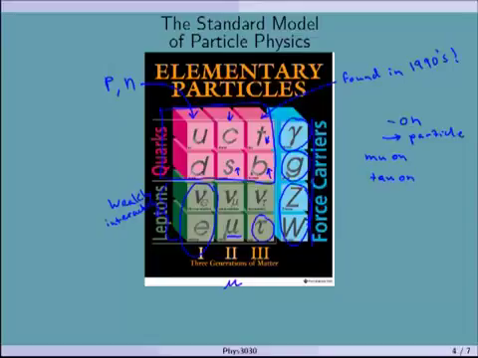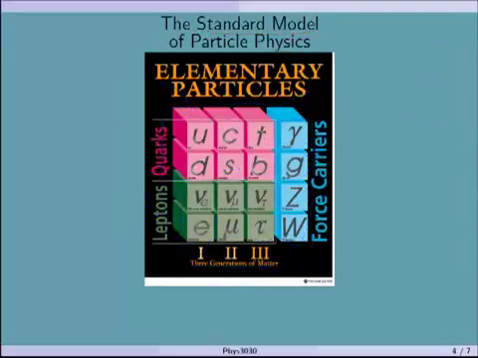Just within the pink and the green here, stuff gets heavier as I go from left to right. The tauon has its own neutrino, the muon has its own neutrino as well, and those are all called leptons. It's just another way of organizing it. And this is what's known as the standard model of particle physics. This is all of the particles that we know of and see all the time.